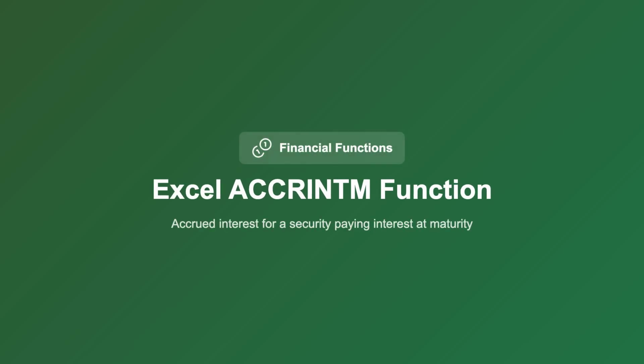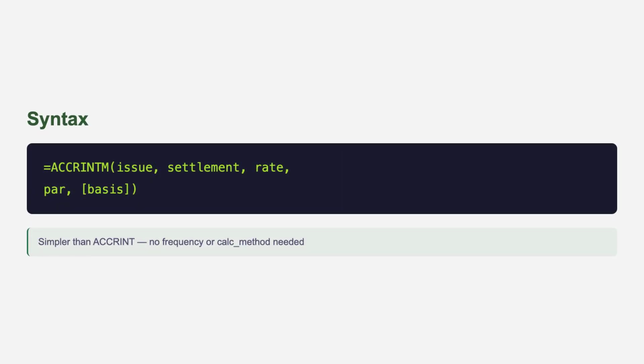Excel ACCRINTM function. This function returns the accrued interest for a security that pays interest at maturity. The M stands for maturity, distinguishing it from ACCRINT, which handles periodic payments. The syntax is ACCRINTM with parameters issue, settlement, rate, par, and an optional basis. This is simpler than ACCRINT because there is no frequency or calc_method parameter, since the security pays interest only once